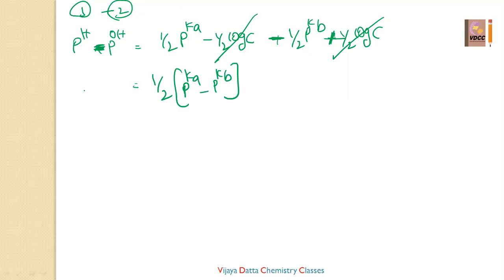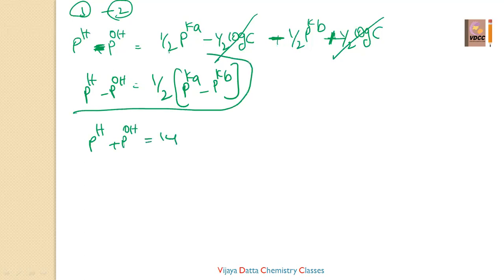This is also one of the formulas, like we can take pH minus pOH. Otherwise, pH plus pOH is equal to 14. This also we can take. So, however you want, you can convert that one. Here I subtracted, I got this one. If I add these two, that is nothing but 1 plus 2. I added. Then I can get pH plus pOH value will be 14. I can write like that.